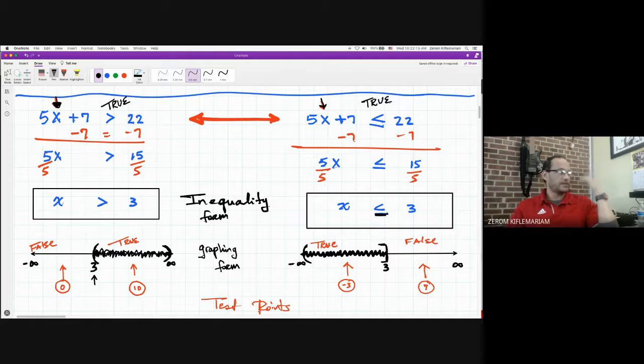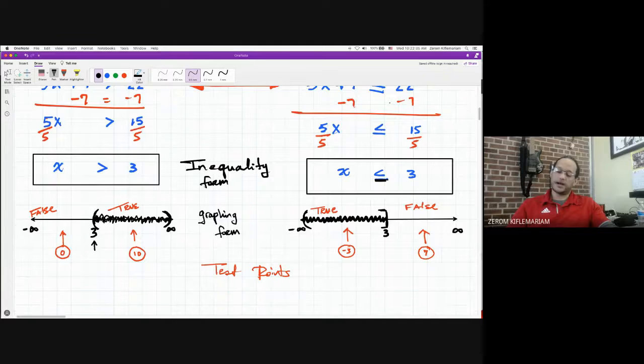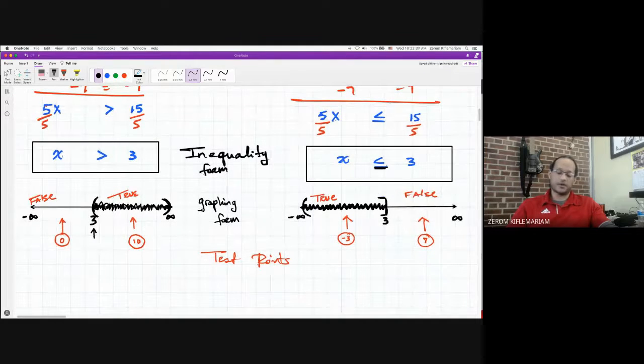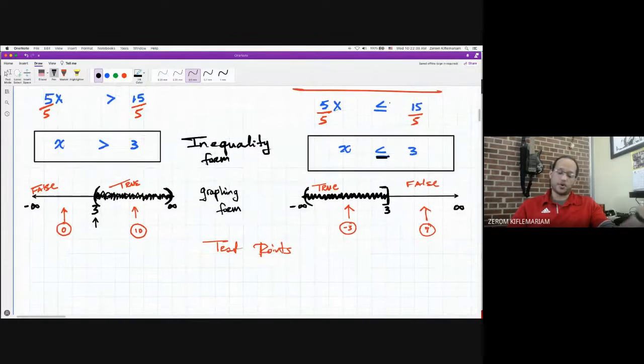So the answer is always not just a single number, it is a range of numbers. From here to here, from here to there, that will be my answer. So again, in the graphing form, it's only the black. Red is just for me to know which side I'm shading. But when we are writing our answer in inequality form, in graphing form, and our third one is by looking